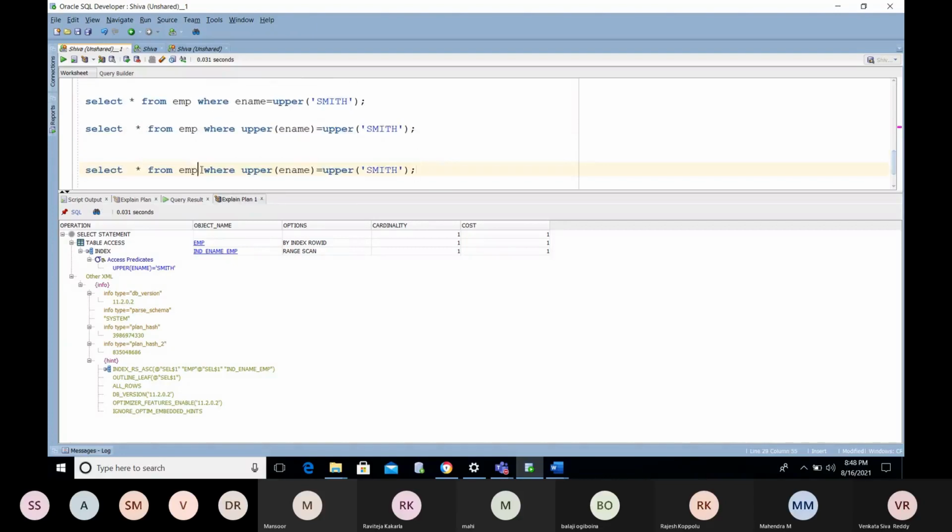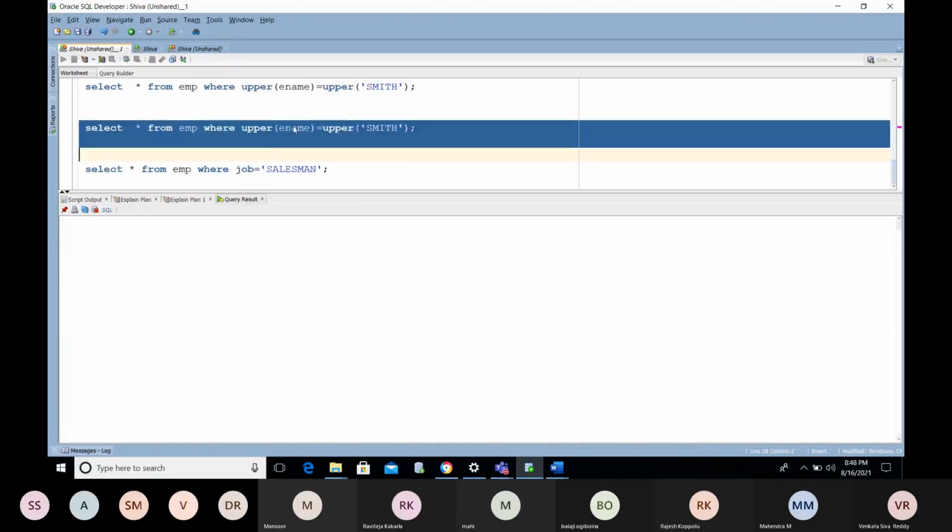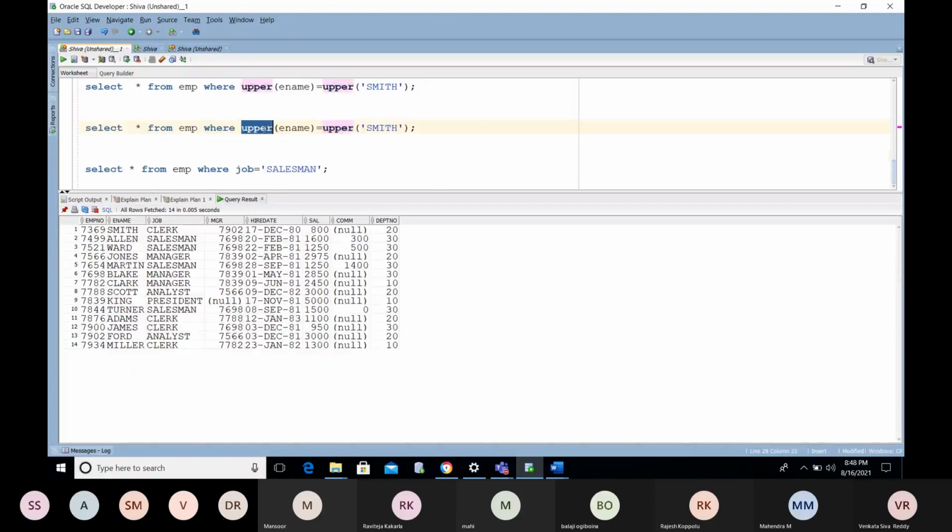What I am going to say here: select star from EMP. Then in this case, if you want to filter only substr of 1, 3, you need not use anything here, but see, SMIT.